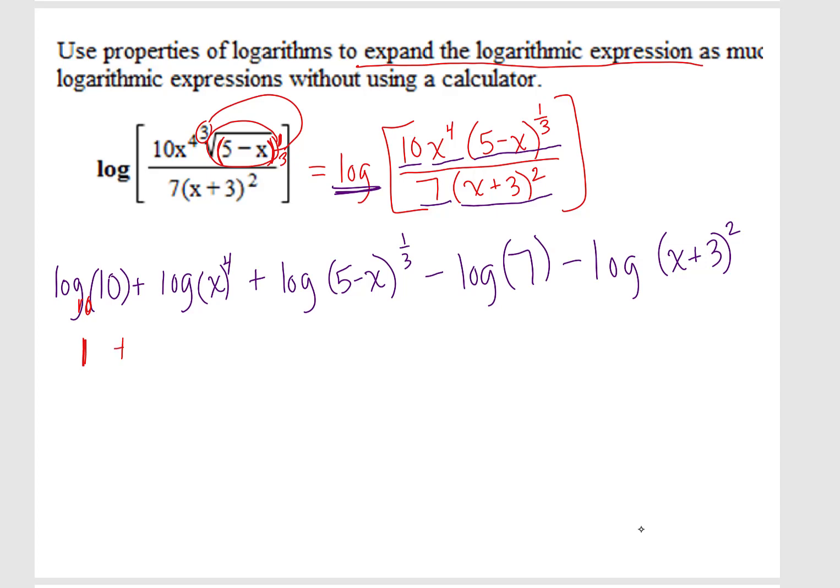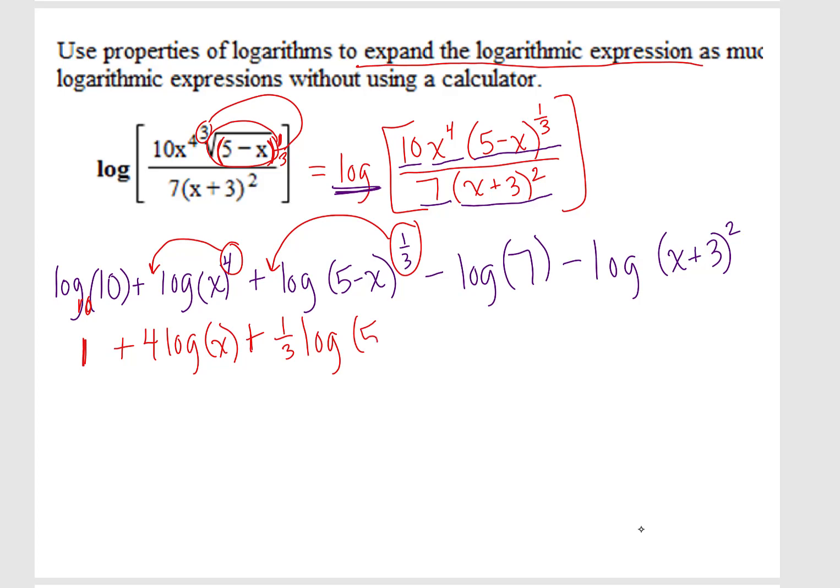All right, so 1 plus, okay, I know that my exponent rule says I could bring that up here. 4 times log of x plus, same thing here, exponent rule says to bring that in front of the log, 1/3 log of 5 minus x